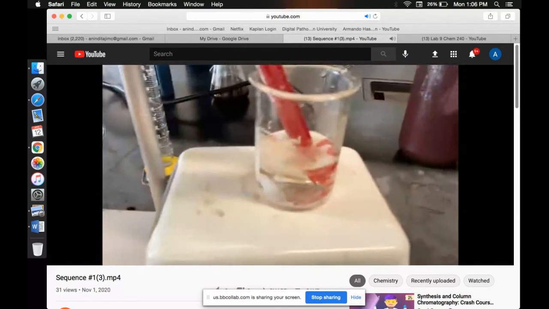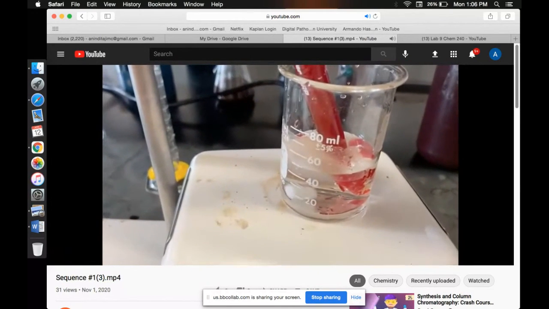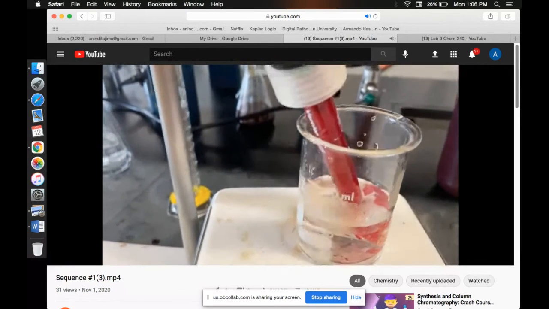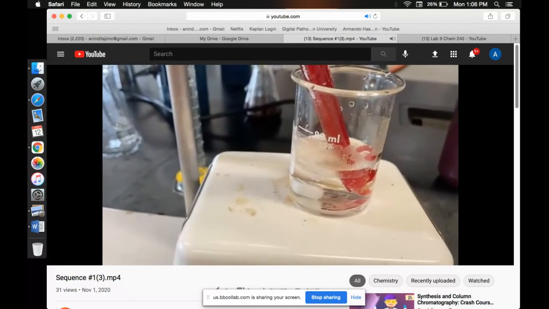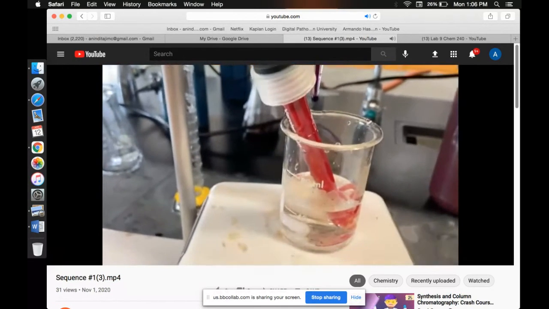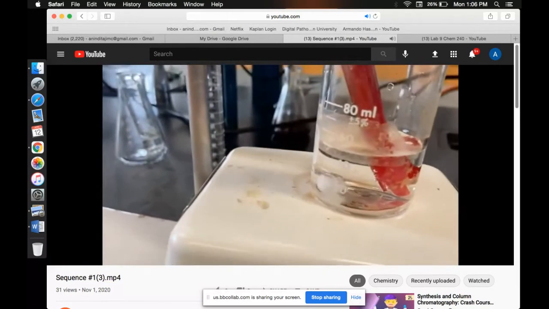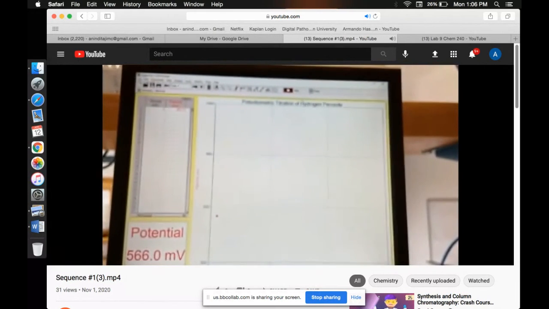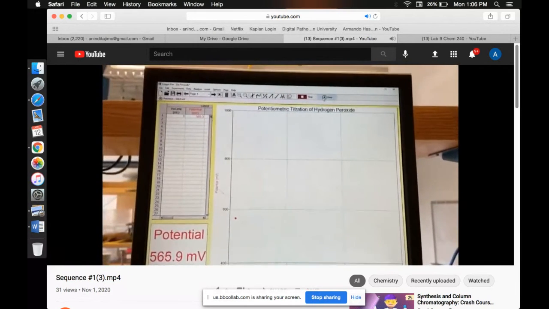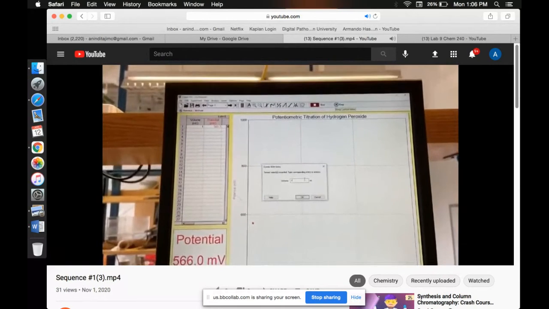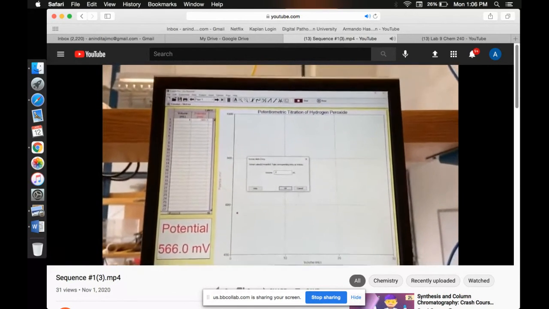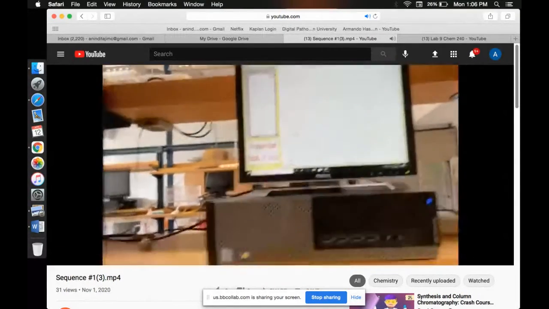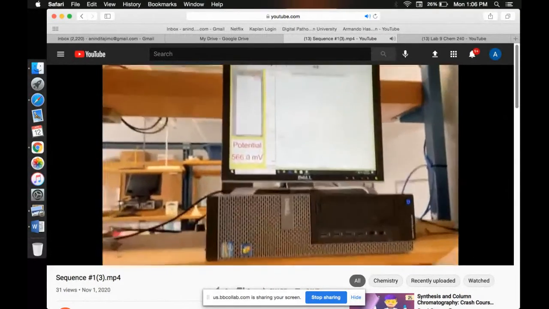As there is no change of color, you can see, so I can add 1 more ml. As I said, you will observe the color change as well as the change of the potential. Okay, so you see that the color again became colorless, and so we are going to put here, keep it, and the value is 2. Okay, so this is the way we are going to do it. Let's see how it will look when it is very close to the end point.